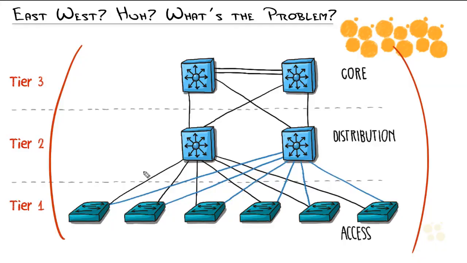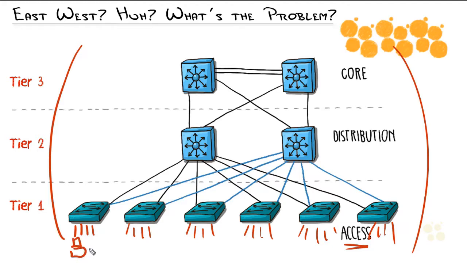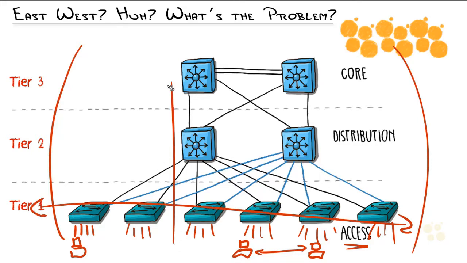Here's what I mean. When you build this network, it is really optimized for what's known as north-south traffic flow. That is, down here, what kind of things are plugging in? Computers, right? Printers, stuff that needs to access the network. That's where the name came from. And it'd be pretty weird for computers to start accessing each other at this layer. You're not going to have this guy start communicating to that guy and be like, hey, let's share our MP3 music collection. I mean, you might, but it's not normal. That's known as an east-west traffic flow. This model is designed for north-south, right?